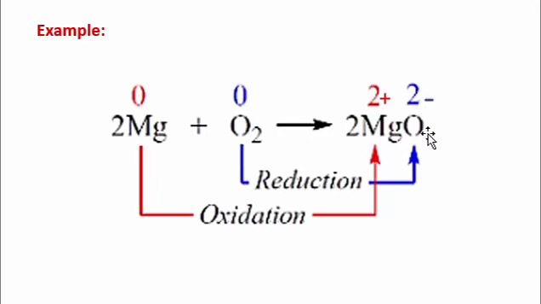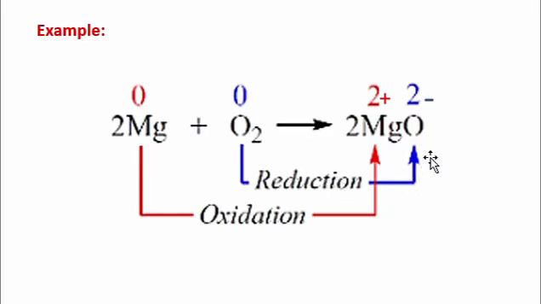The question is, where does this change come from? Magnesium goes from 0 to positive 2 because it loses 2 electrons, and the process of losing electrons is called oxidation. Oxygen goes from 0 to minus 2 because it gains 2 electrons, and the process of gaining electrons